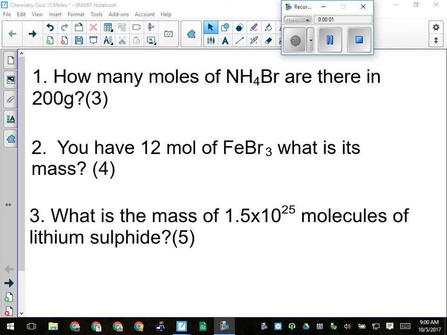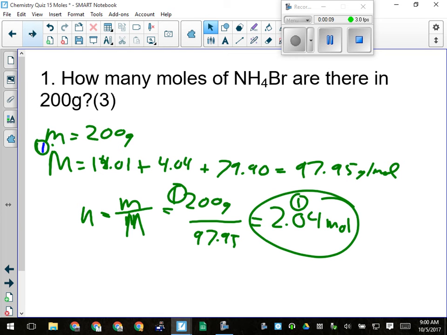For our first one here, easiest kind. How many moles of ammonium bromide are there in 200 grams? So only the 3-mark type of question here. First off, give them a mark if they have their givens written down, which includes calculating the molar mass